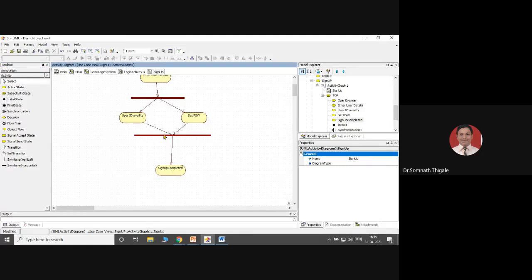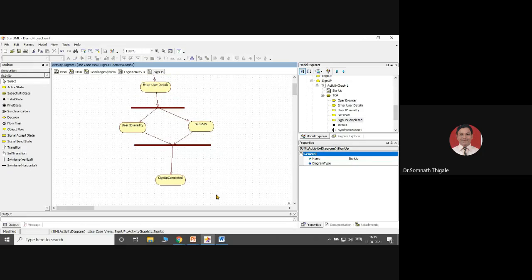See here, more than one input and exactly one output. I'm calling this a join operation, and exactly reverse, this is a fork operation: only one input but more than one output. We'll call it a fork option, and combining these all is the merge option. Okay. Now coming back to your question, the swim lane.